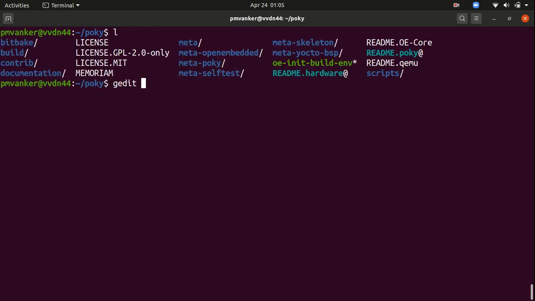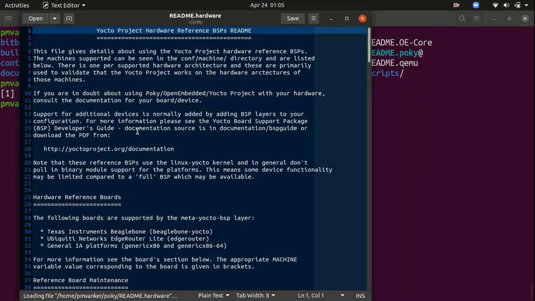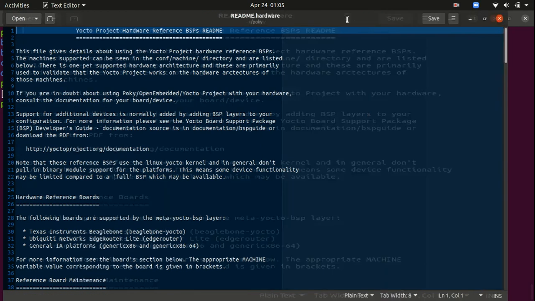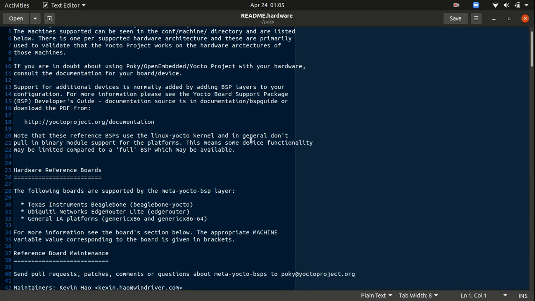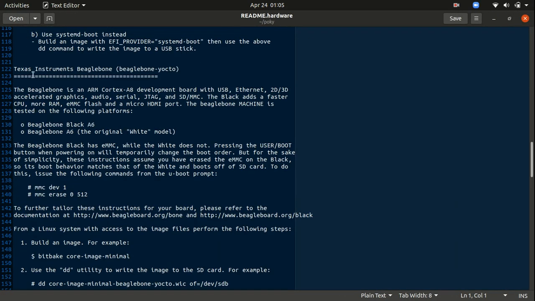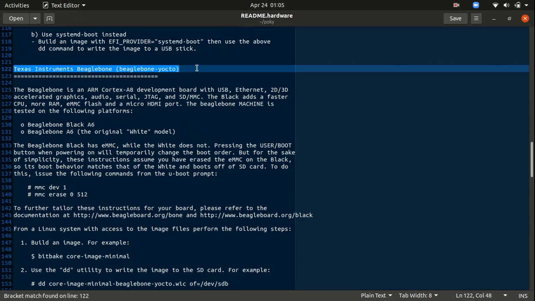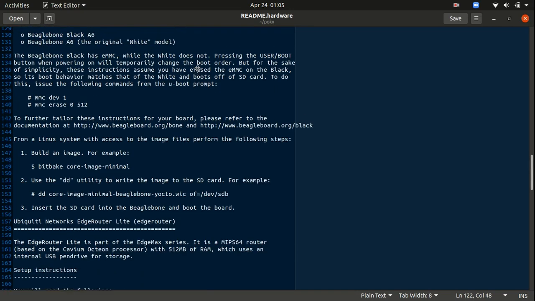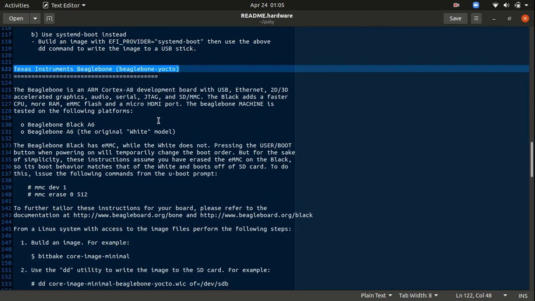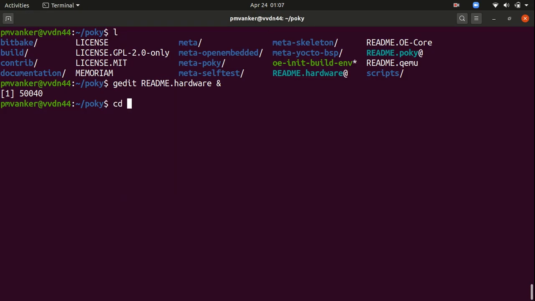Here we have some documents, some hardware related documents. Let's see what is there. README.hardware, so let's open that. Yocto Project hardware reference BSP readme. This is the reference we are using here: Texas Instruments BeagleBone. The machine name is beaglebone-yocto. The BeagleBone is an ARM Cortex-A8 development board with USB and all.